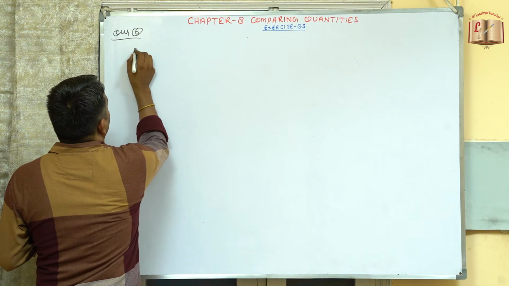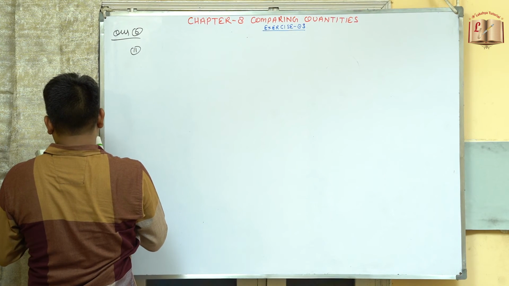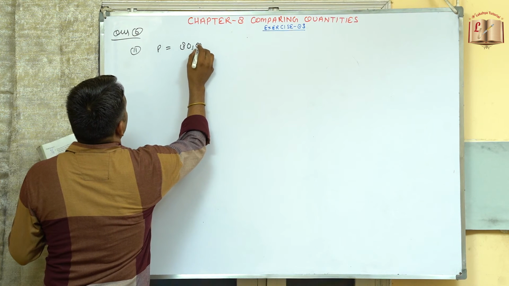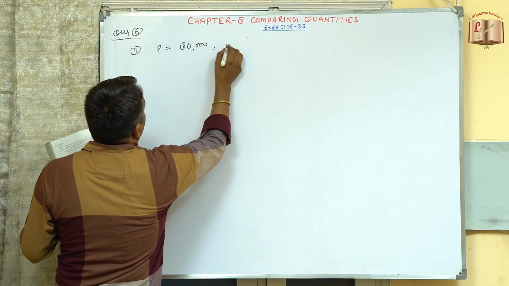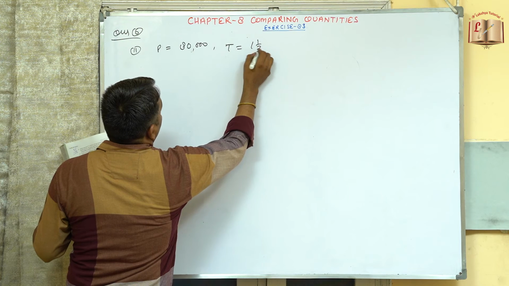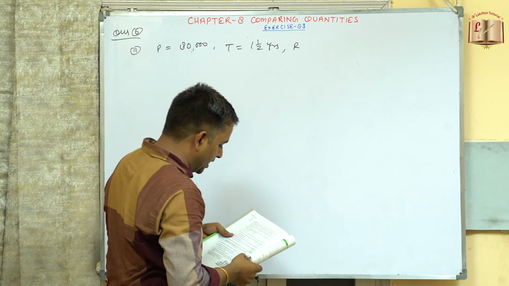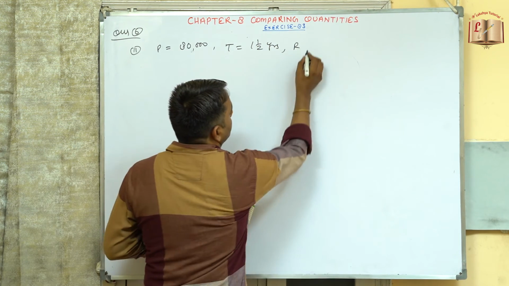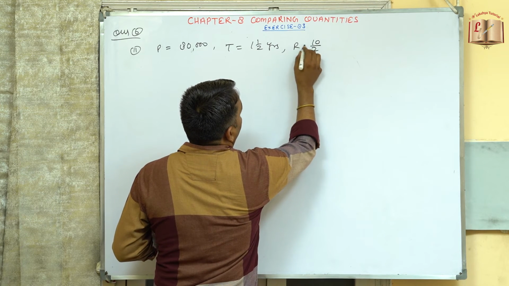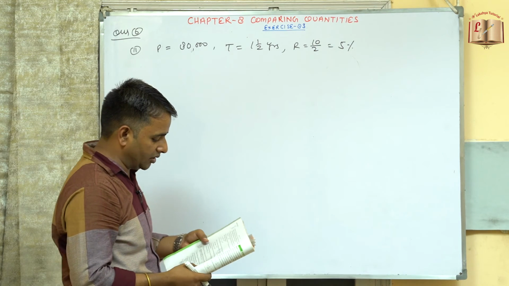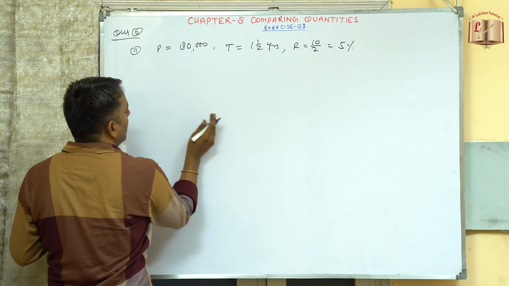So now we will come to the second part of it, compounded half yearly. So principal is again 80,000 and time will be equal to 1 by 2 years, and rate for half yearly will be the half of this. So rate will be now 10 by 2, so this is 5%. So whenever we have to calculate half yearly, the rate becomes half.